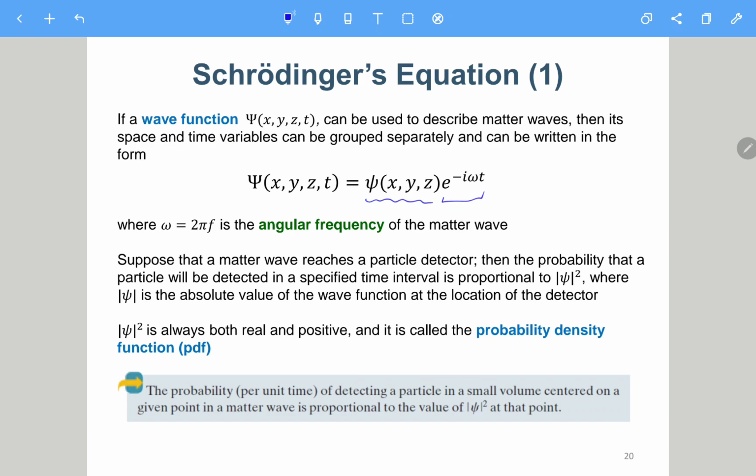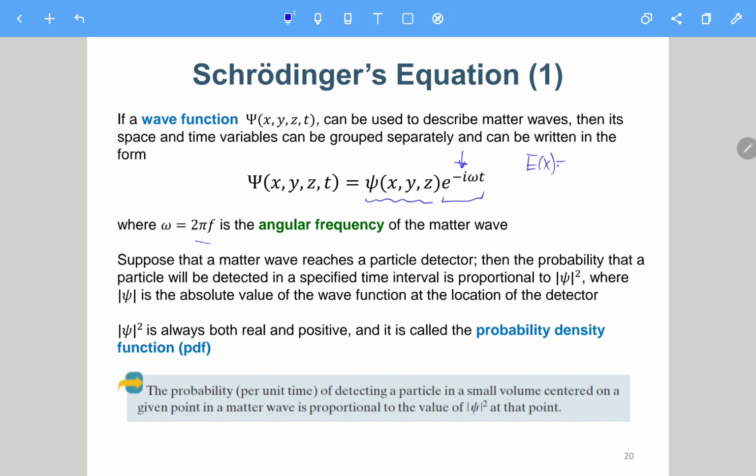So yeah, if the potential field for the particle is not time varying, then we can usually separate the time function out here. And here, omega is 2 pi f, the angular frequency of the matter wave. Okay, so if you still remember in chapter 31 when we tried to solve the wave equation, we got the solution to be something like